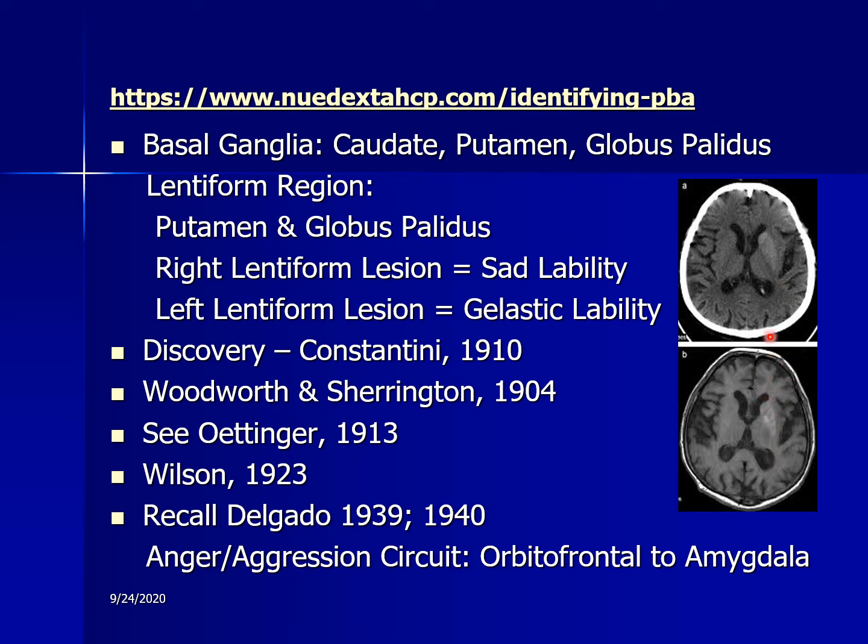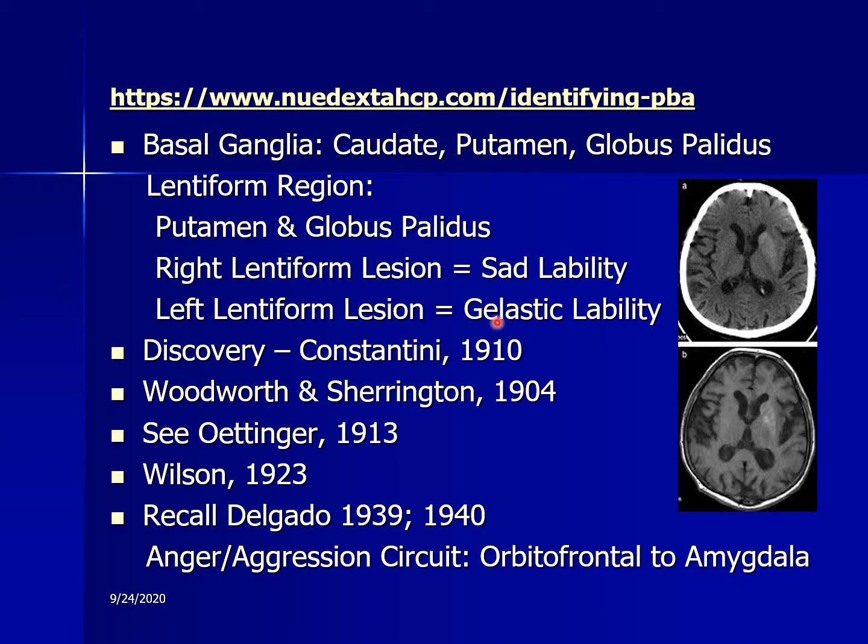I have switched these images over so that they would be easier for you, and that probably will mess you up. But this is our right brain over here on this side. This is the same individual, but this individual has had a stroke in the right lentiform bodies. You'll remember the lentiform bodies include the putamen and the globus pallidus. If you were to add the caudate, then we would refer to them collectively as the basal ganglia. But a right lentiform lesion produced spastic crying, and this was discovered by Constantini in 1910, the first one to document it.